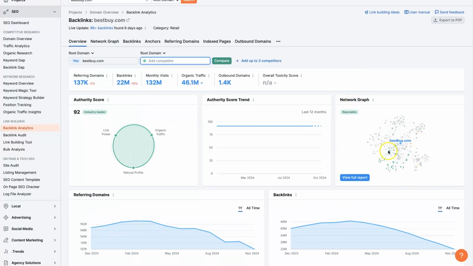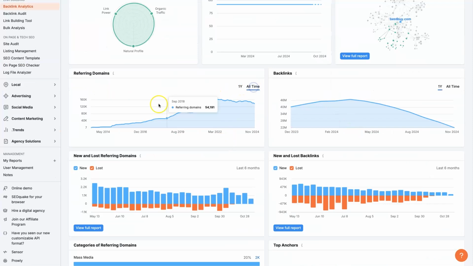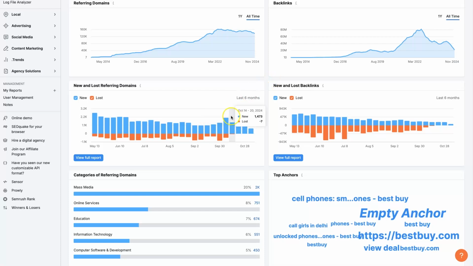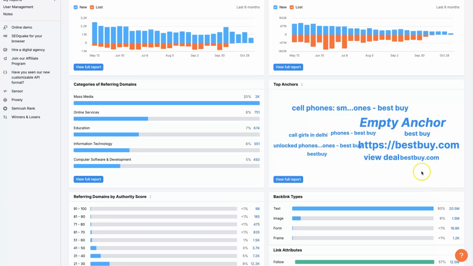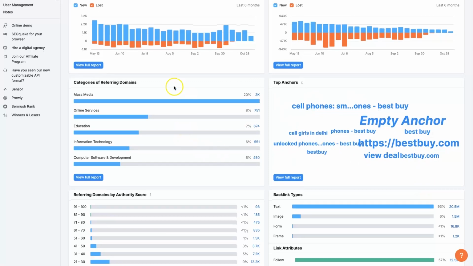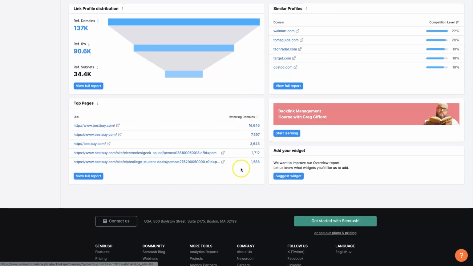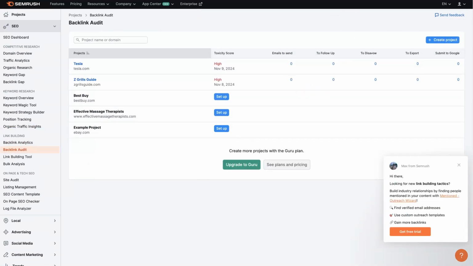It's kind of a network graph where we can see where they're getting their backlinks from, the backlinks they've been acquiring over time, which is really helpful to see how many new versus lost backlinks they have, their anchor text, the categories of their backlinks. There's just tons of information that we can start to pick apart and see